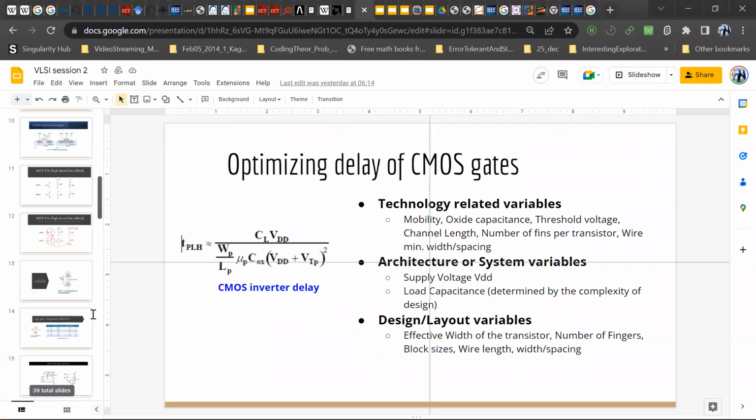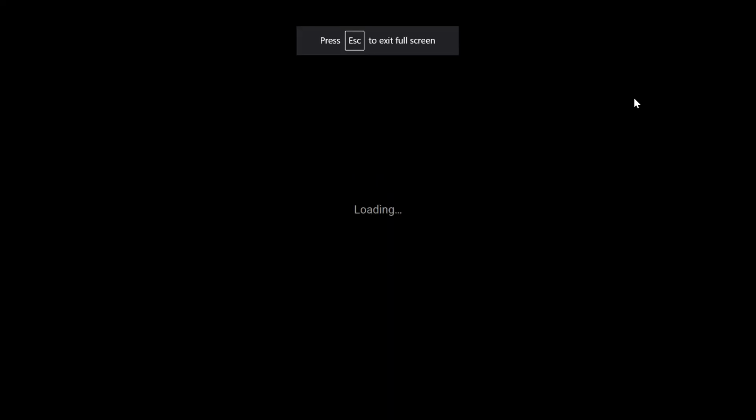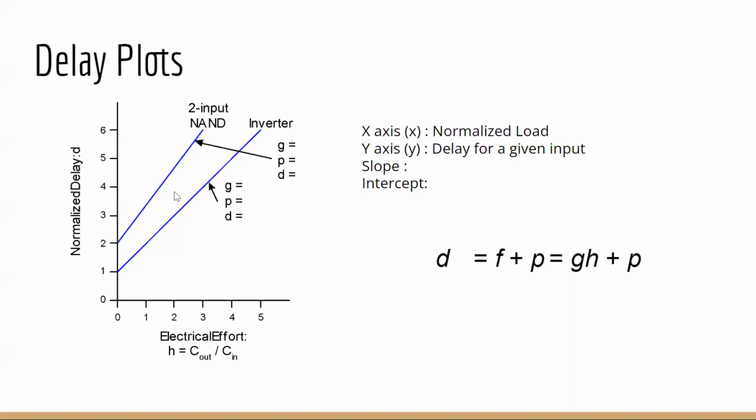Okay, if you followed that, then you probably should have had this question on that day itself, because specifically, we talked about logical effort and the main variable I talked about was output load. Even though the load is normalized, it's still output load, just divided by the input capacitance. So output load has a direct relationship with the delay. Why? Because